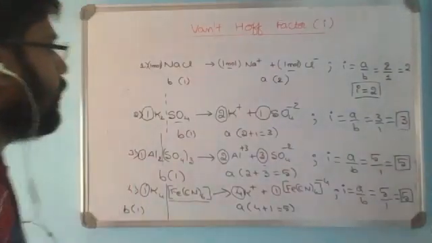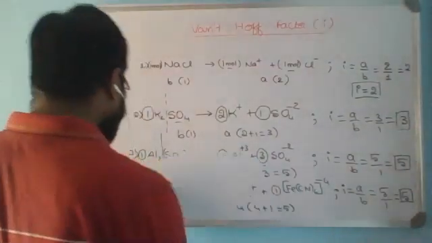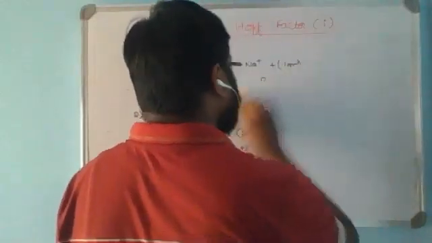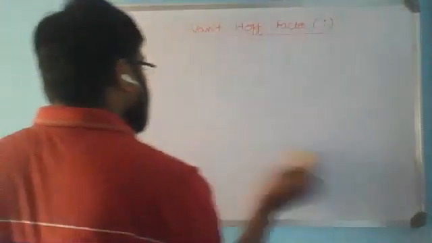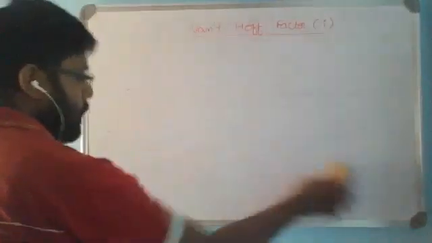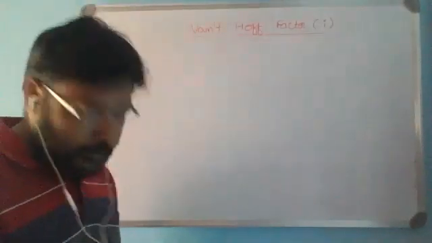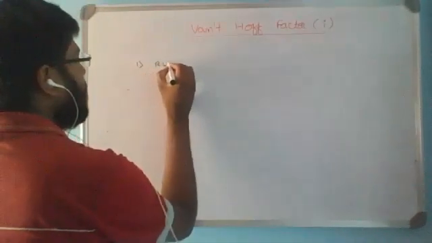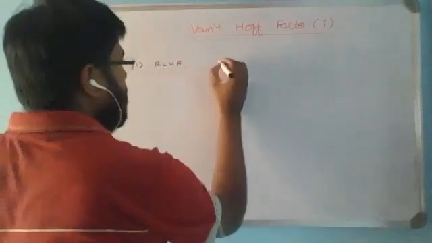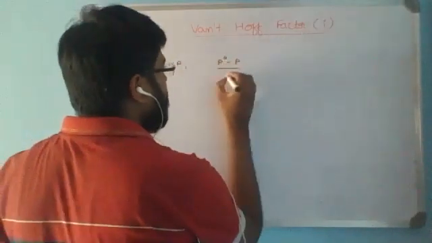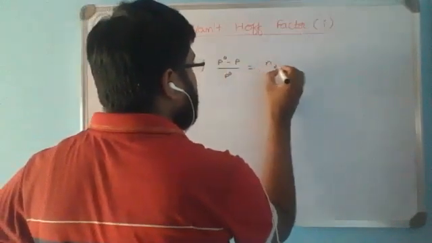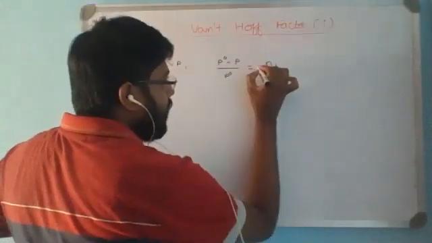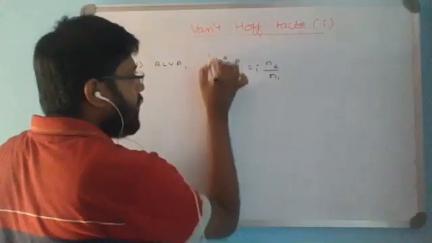Now, with the significance of i, we give this as a correction term in the calculation of colligative properties. It is Van't Hoff factor and colligative properties. So recall all the 4 now. The first one, RLVP, relative lowering of vapor pressure, that is P naught minus P by P naught is equal to n2 by n1. By introducing the correction factor Van't Hoff factor i, it is used for the calculation.